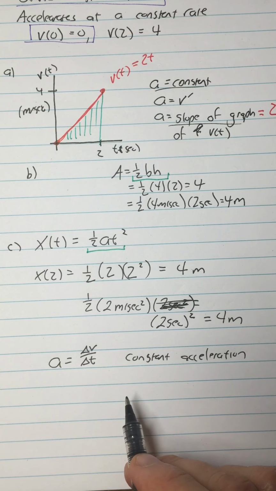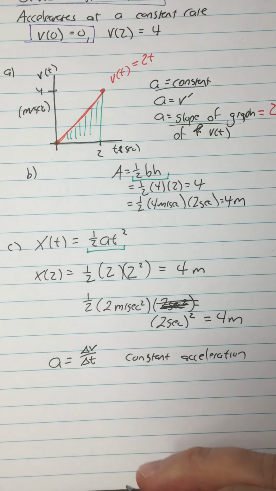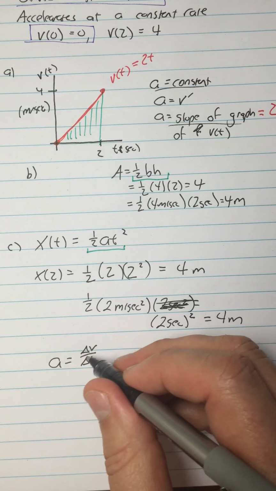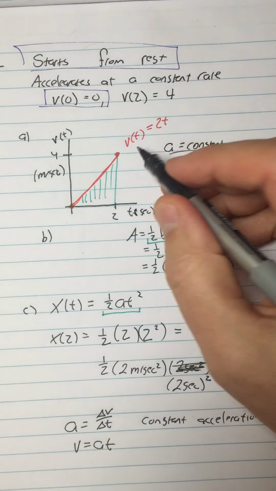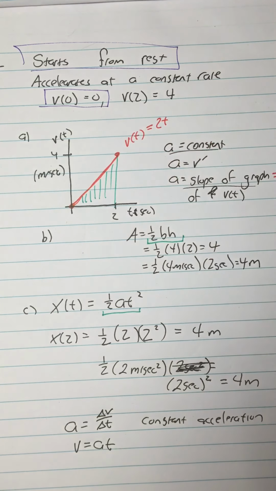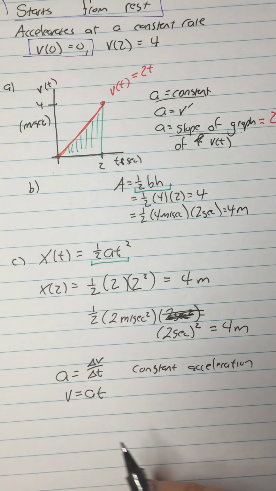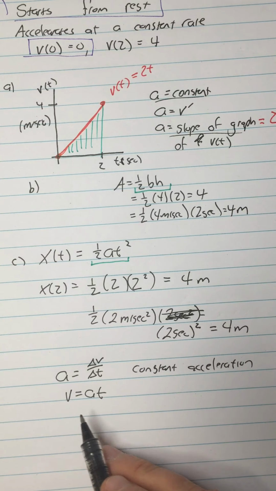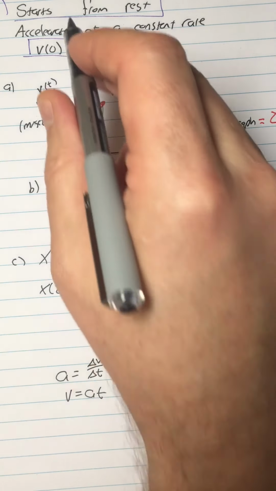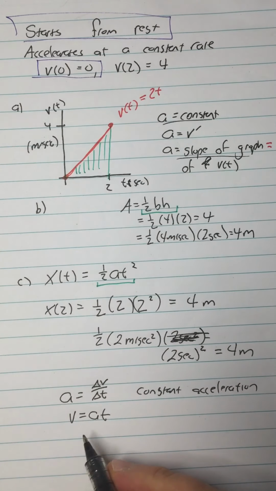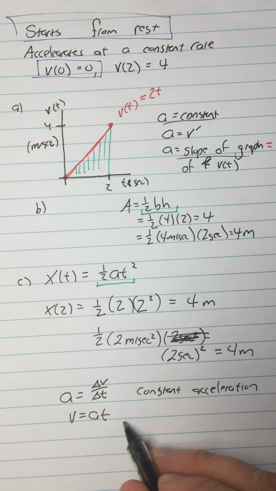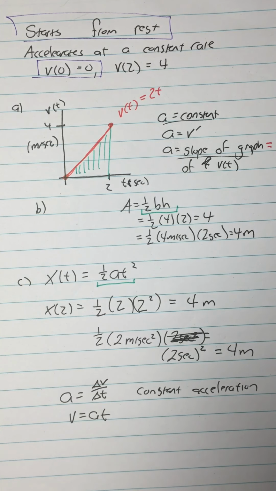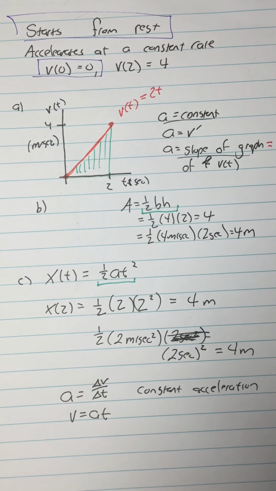So acceleration is delta v over delta t. So I could rearrange this and drop the deltas and notice that v is equal to at. So just like here, our v of t is equal to 2t. So if I think generally, with any constant acceleration, the velocity is equal to acceleration times time. If I start from rest, because this is also a y equals mx plus b, we're assuming that the y-intercept here is 0, or I guess we'd say the v-intercept is 0,